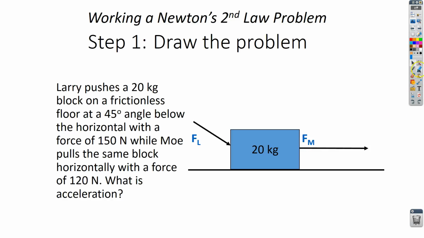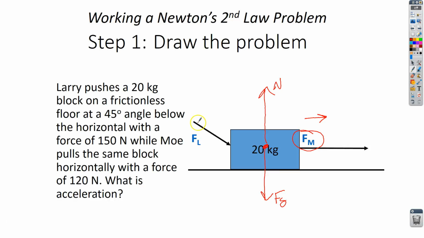One of the things that we have to realize about this block is there are two forces acting both up and down on the block. So we'd have the normal force and we'd have the force due to gravity on the block. But neither of those are in the direction of motion, which is to the right. And because they're equal and opposite and they cancel each other out, we're only worried about the force of